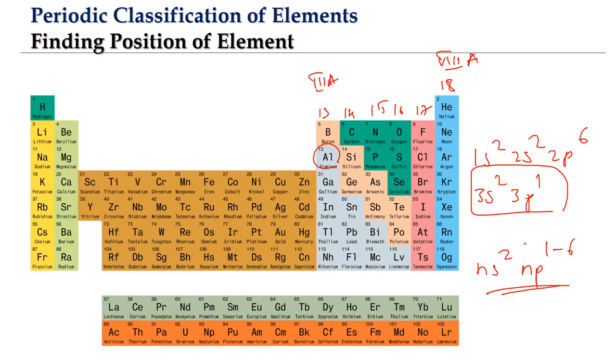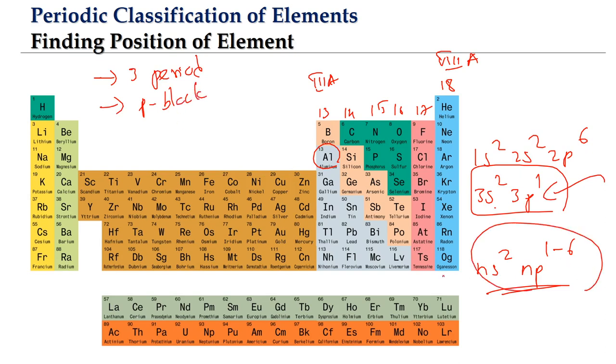Now if you look at the story of aluminum, the first thing we can tell by looking at the arrangement is, what is the outermost orbit here? It is the third orbit, so we can say this belongs to the third period. And where is the last entering electron getting into? It is getting into the p subshell, which means it belongs to the p block. Now for the p block elements, the outermost arrangement will be ns2, np1 to 6.